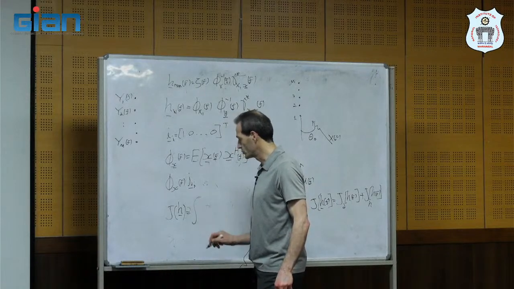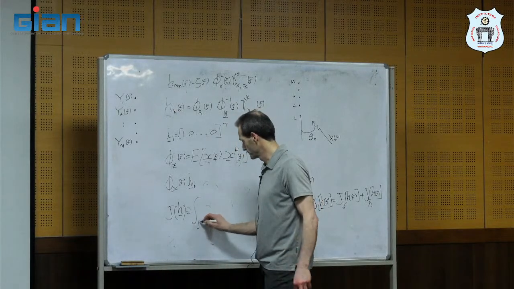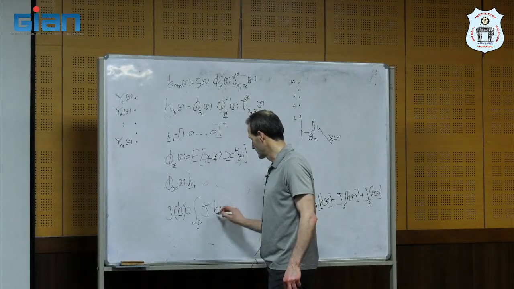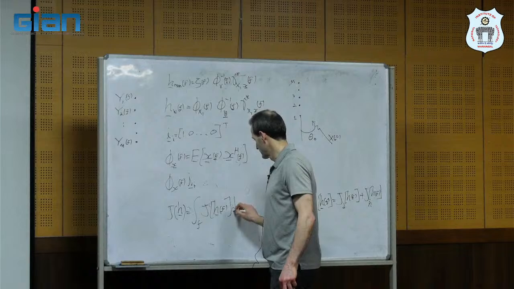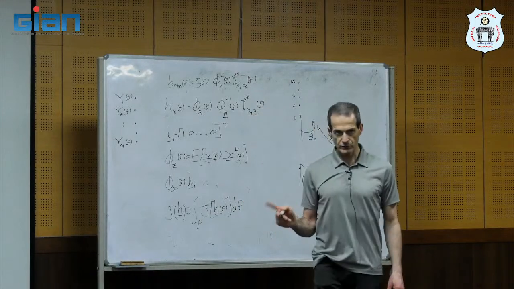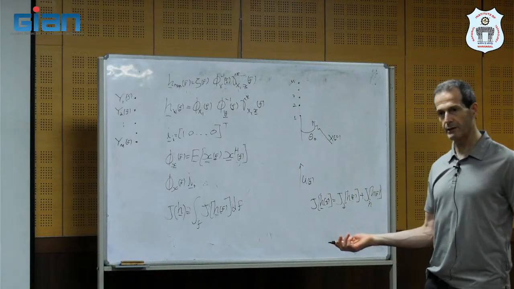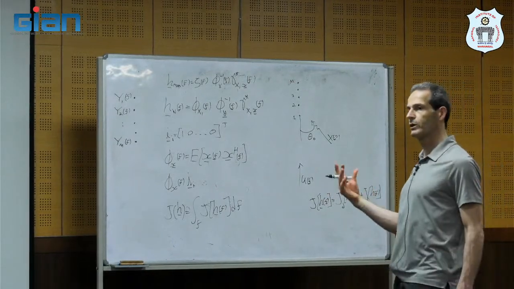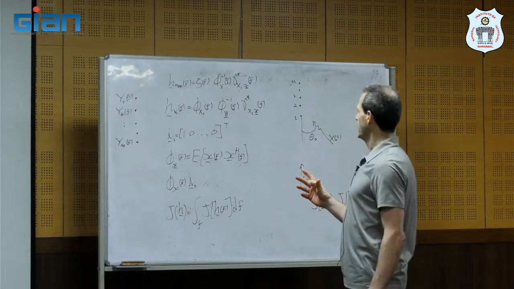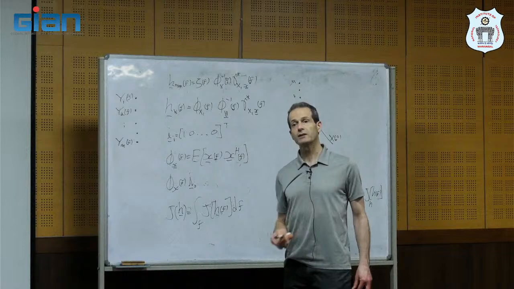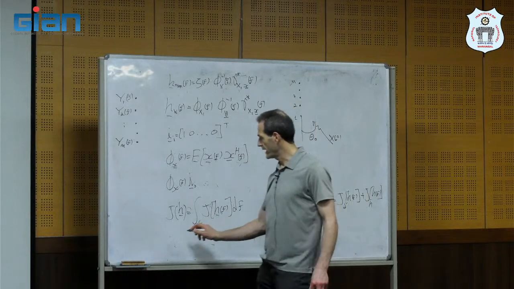Because the broadband MSC equals the summation of all narrowband MSC. That's why if we minimize the narrowband MSC, we also minimize the broadband MSC, because we can work on all